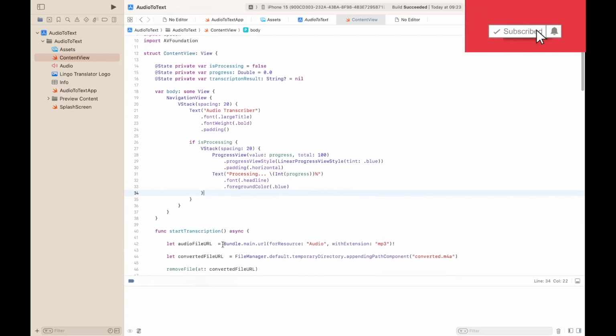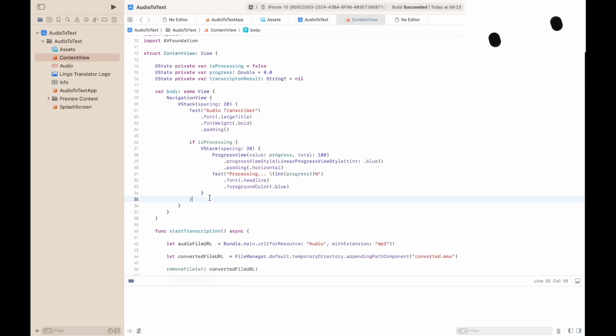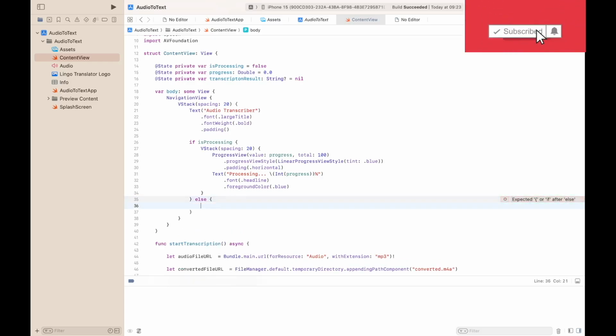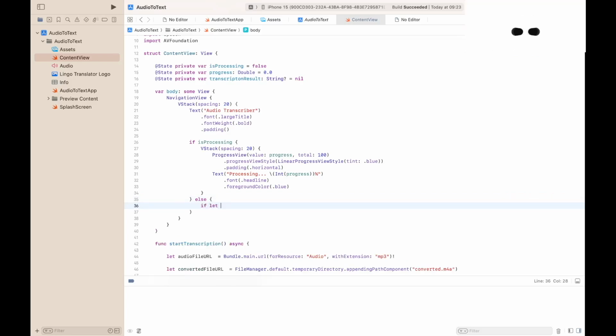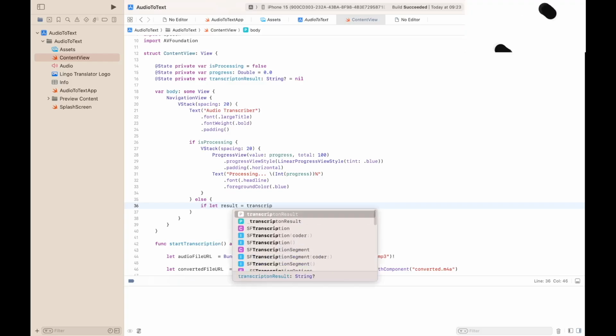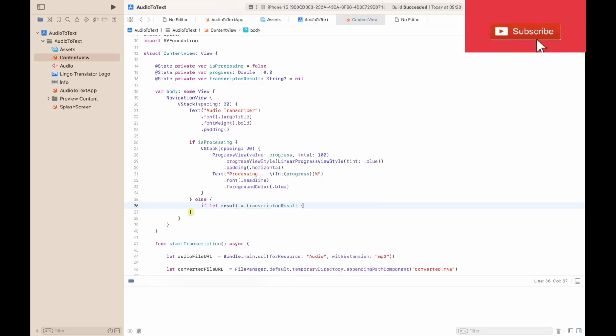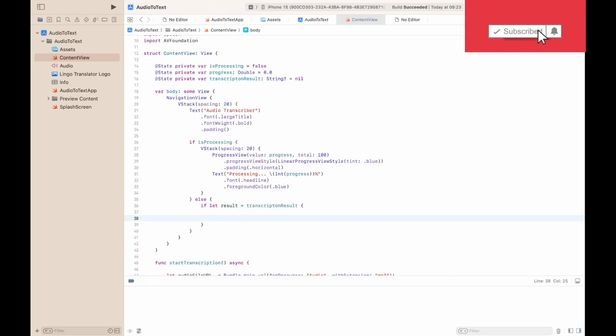Else. If it's not in processing mode, then that means we have the result already. Else, if let result is equal to transcriptionResult, so if there's a value in the result,